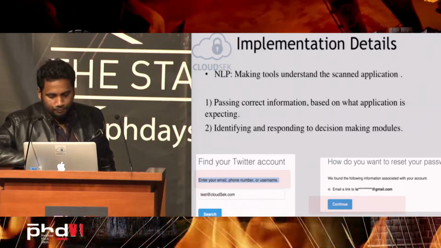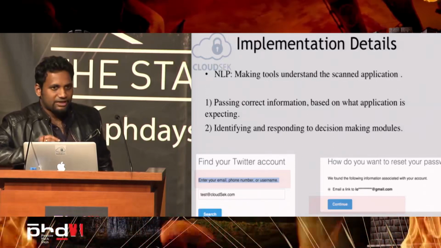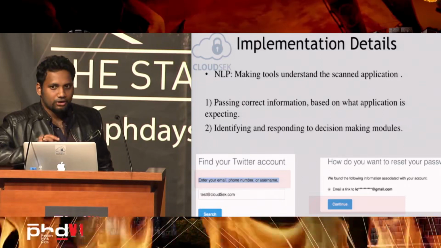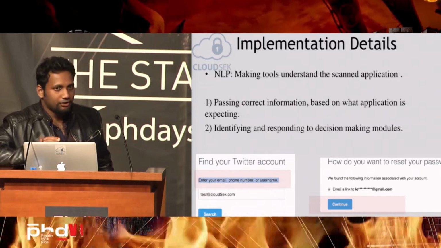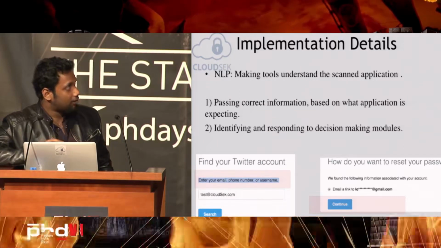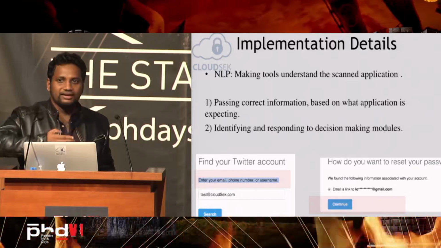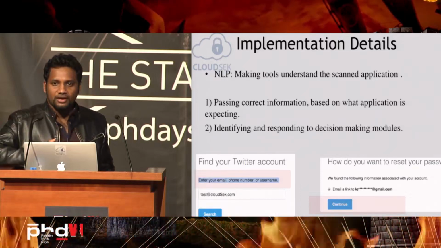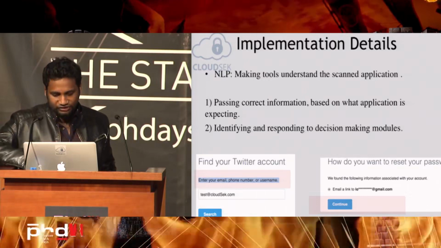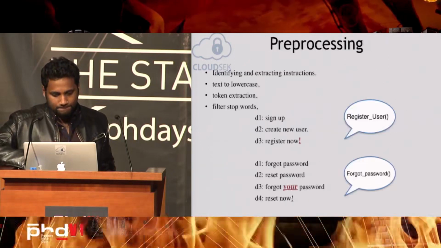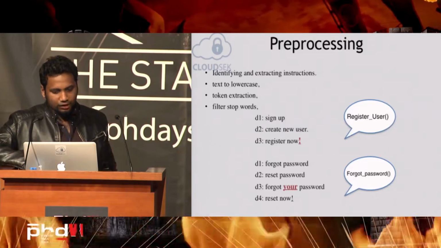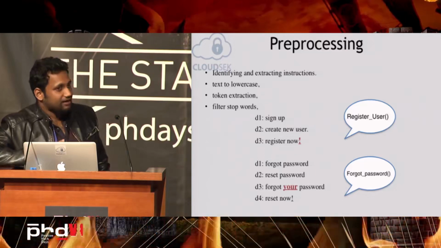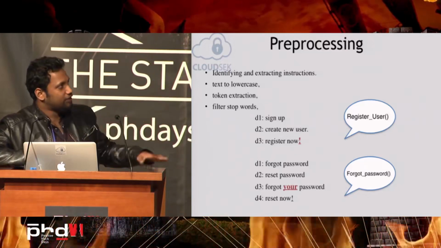If the application is asking the user to trigger a particular request or continue, it should press that particular button. So interacting with an application the way a human does is exactly what we'll achieve from this. So like I said, once you tokenize this, categorize this, this is the training data which we created.